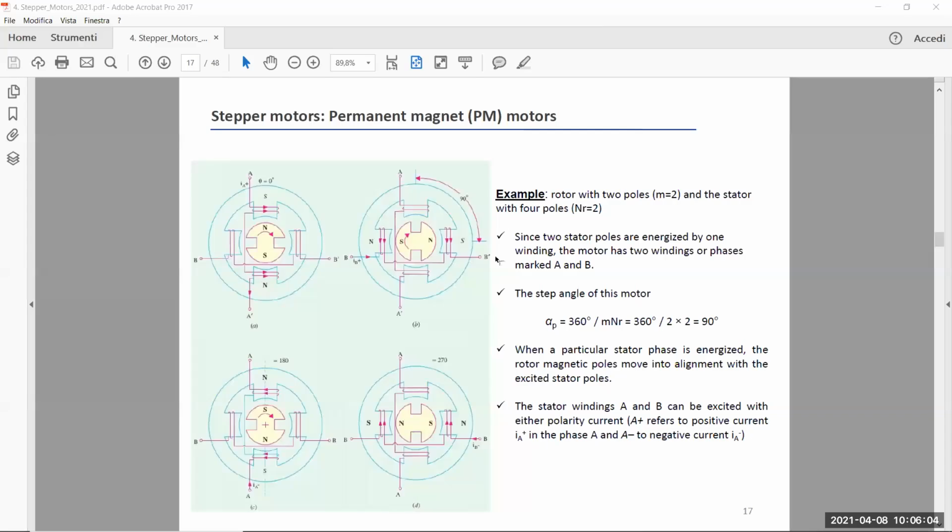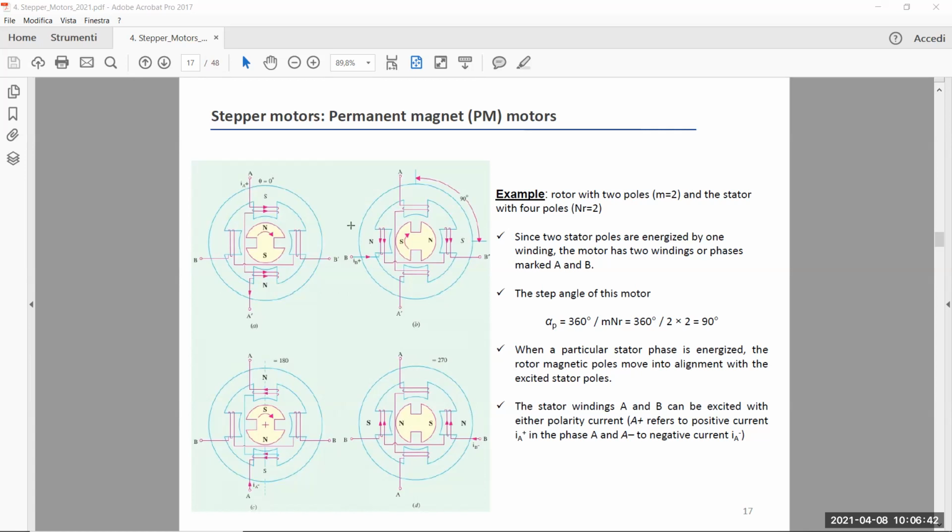Okay, here you can see the slide showing you the permanent magnet stepper motor. From now up to the end of this stepper motor discussion, I'm focusing the attention on the permanent magnet motors, because they are most of the time the most employed stepper motors you can find in everyday applications. So let's focus on PM motors, and just as an overview of something that you already know because we discussed